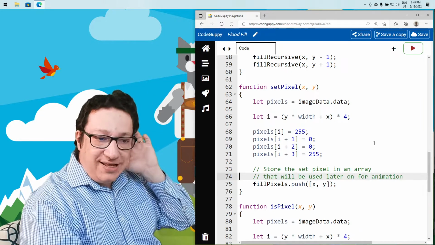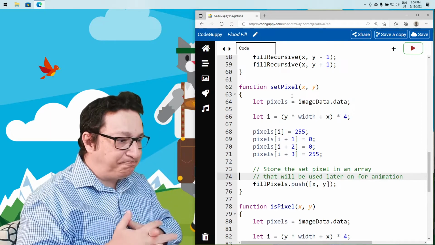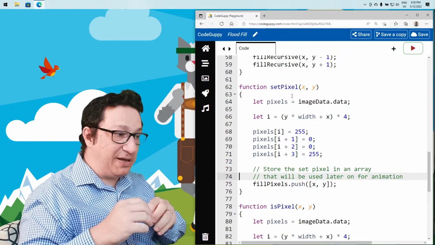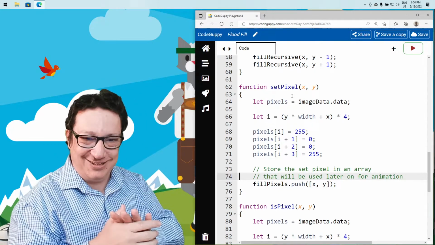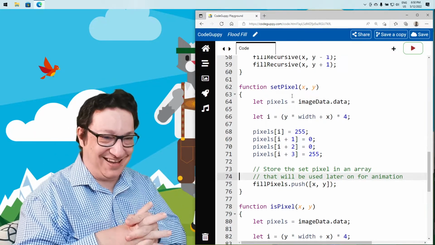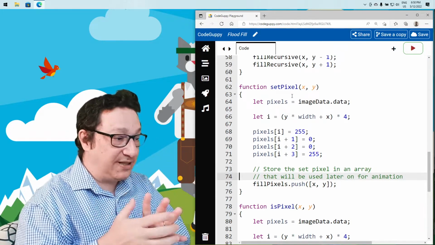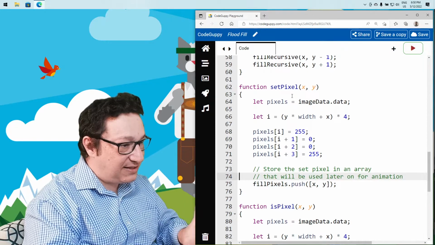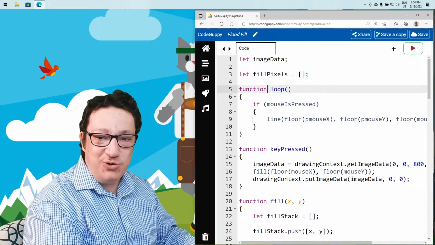So we just store it there, right? And eventually set pixel will happen many times, and we should be able to store perhaps here 1 million pixels. 800 by 600. Actually, there are not 1 million pixels on the canvas, but we're gonna store here tens of thousands of pixels. So that's fine. And then inside the loop, since we have an animation loop here, we want to